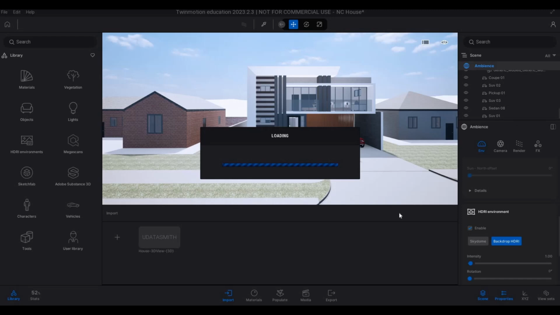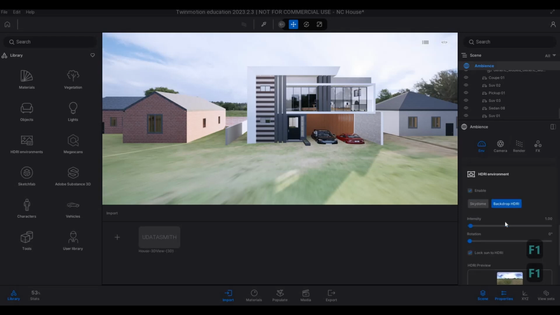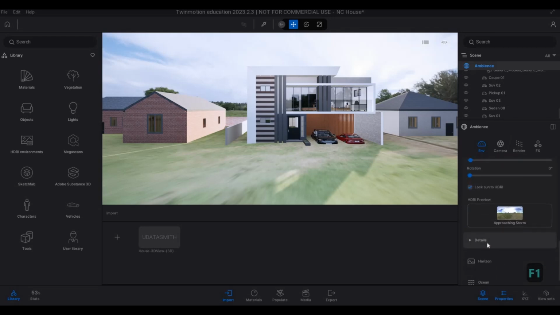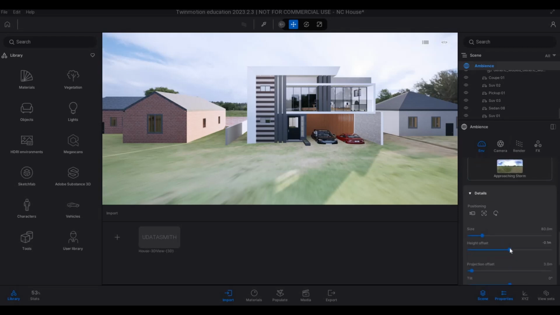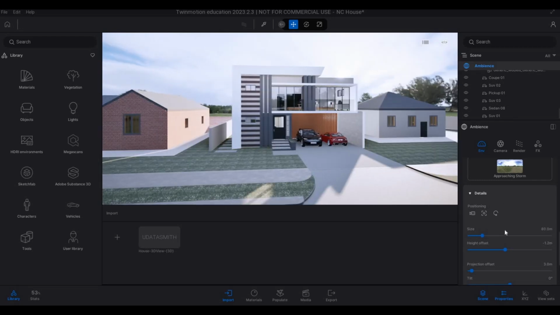We just need to wait for it to load. So now that it's loaded, you just need to go right here so that we could offset this. And then we'll be able to rotate